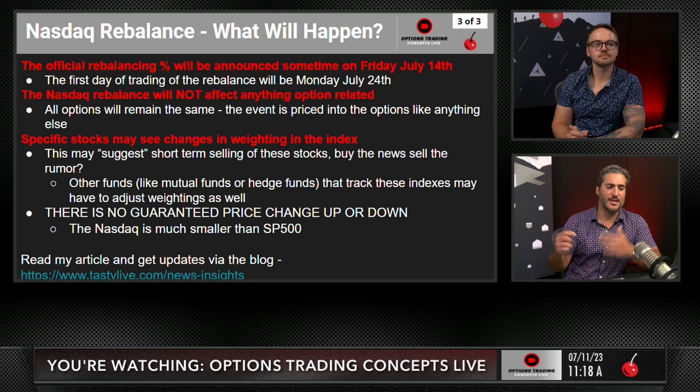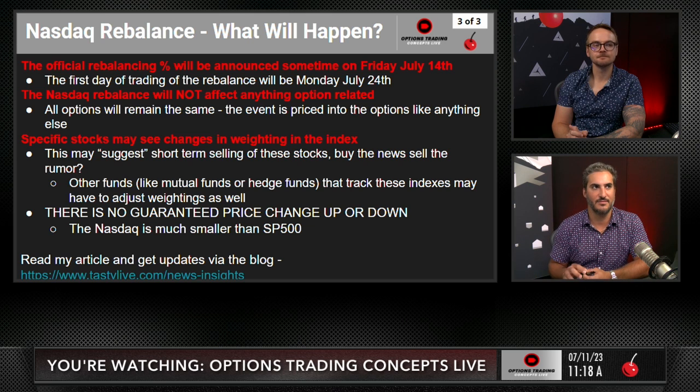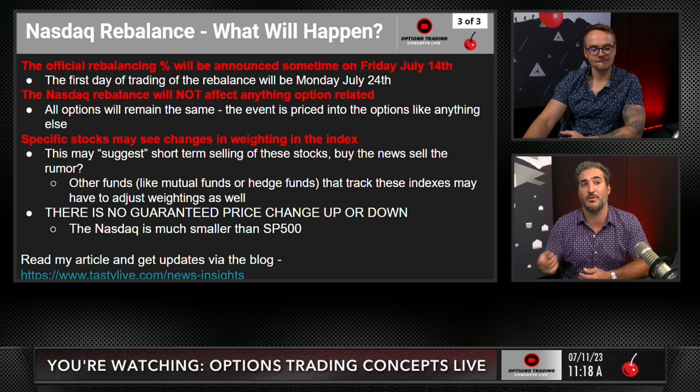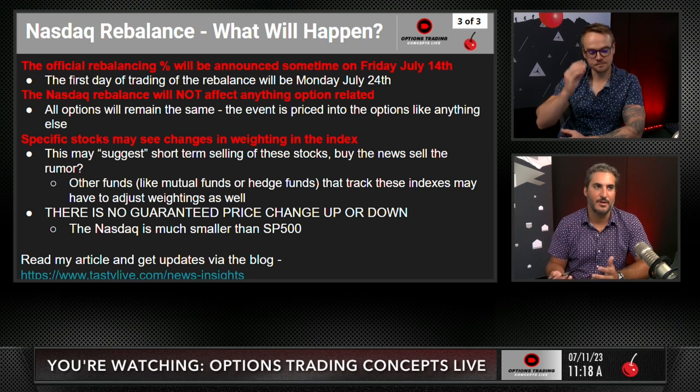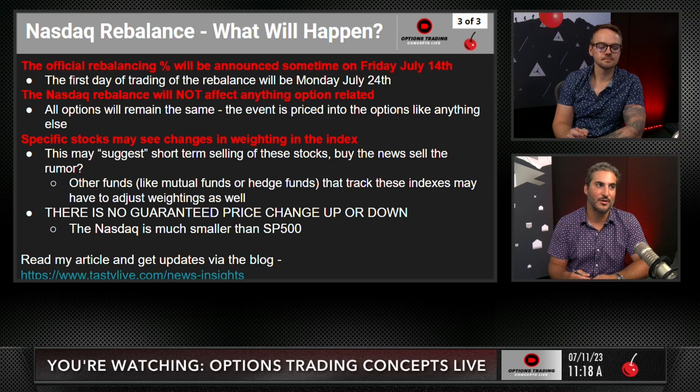And the event is obviously priced into the options. The Nasdaq volatility is typically higher than everything else, but you've seen some weakness in the Nasdaq itself, as well as some of those big name stocks, which is kind of what I wrote about in the article as well. You see the weakness in Apple and Microsoft and Nvidia and Google over the last couple trading sessions. A lot of people will equate that to the suggestion that the short-term selling of these stocks, because we know that something is coming out of those underlyings.